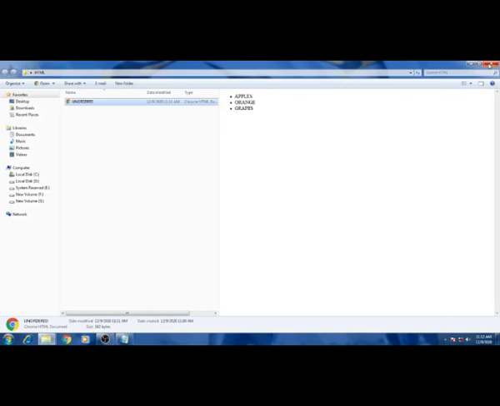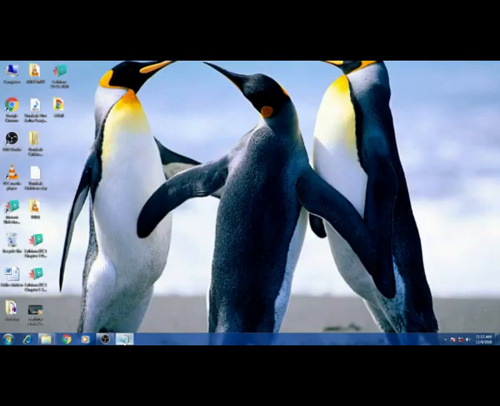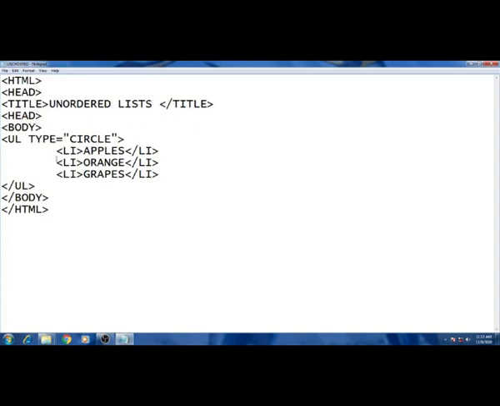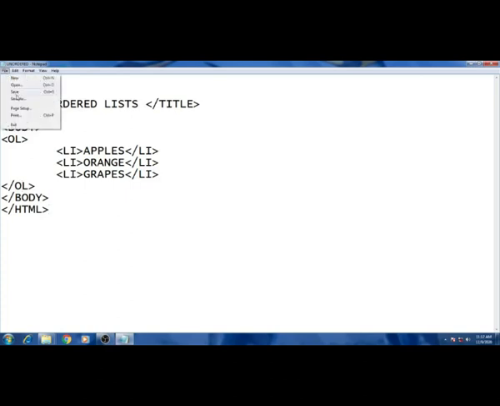Got it everyone? Then moving to the next one. Next we can discuss the ordered list. So let me change the program the same way. I just changed the title here to ordered list. Then here, instead of UL, which one do we have to give? We have to give OL, isn't it? So just change this UL to OL. Okay. And after that you have to save the file.